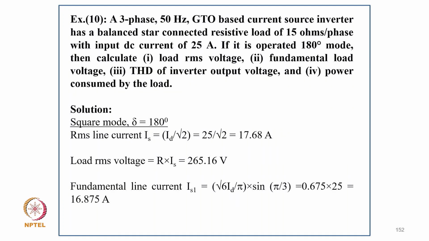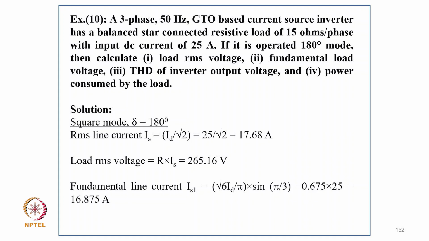Now coming to example 10, a 3-phase 50 Hz GTO based current source inverter has a balanced star connected resistive load of 15 ohm per phase with an input DC current of 25 ampere. If it is operated in 180 degree mode, then calculate the load RMS voltage, fundamental load voltage, THD of inverter output voltage, and the power consumed by the load. So coming to square wave mode, delta equal to